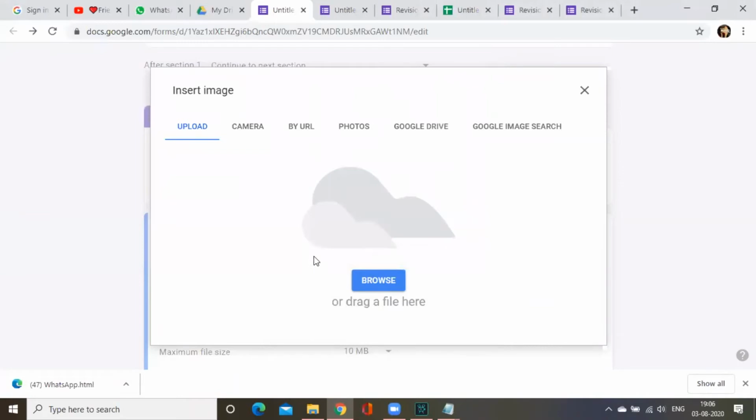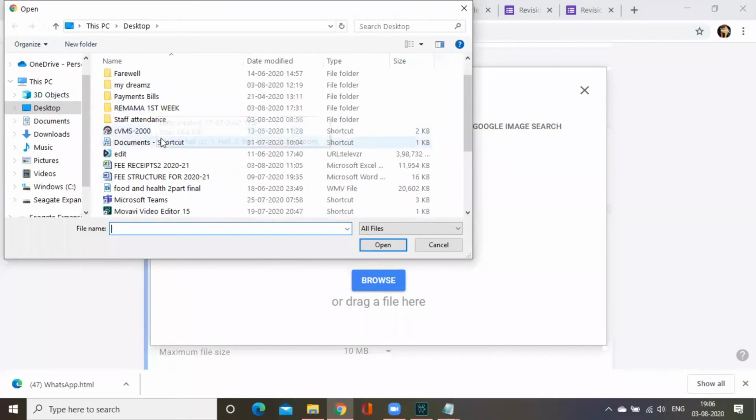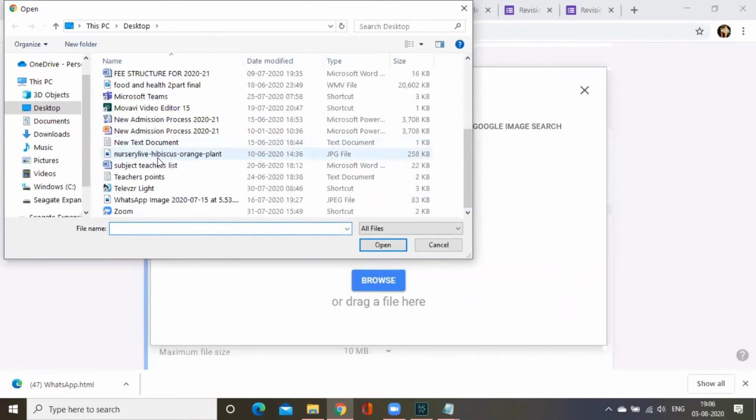Yes, ma'am. Harisha, ma'am. I think as you said, this document is not accepting Word or Notepad. So you can directly go to an image. Okay, you can just go to an image.